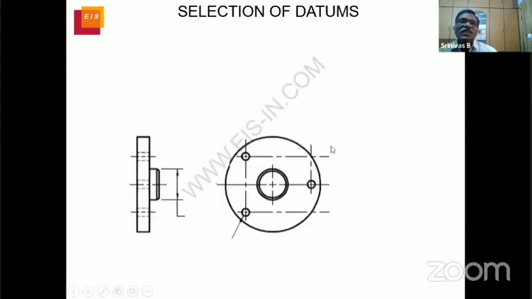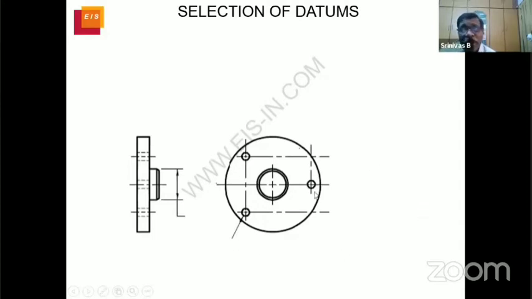Now, this is the part: a circular part, a small lug over here, and 3 holes, looks like threaded holes. What are the datums? You can imagine many things. As for manufacturing, perhaps you might think this is the biggest surface. Am I right, sir? The backside surface, maybe datum A. The second surface is maybe this cylindrical surface, maybe secondary datum.